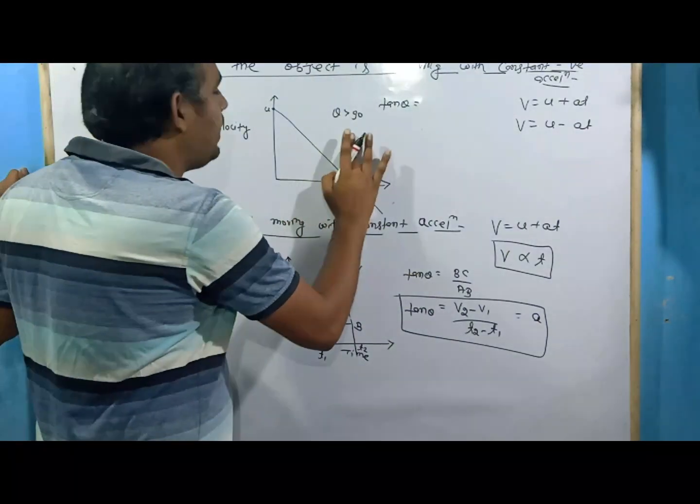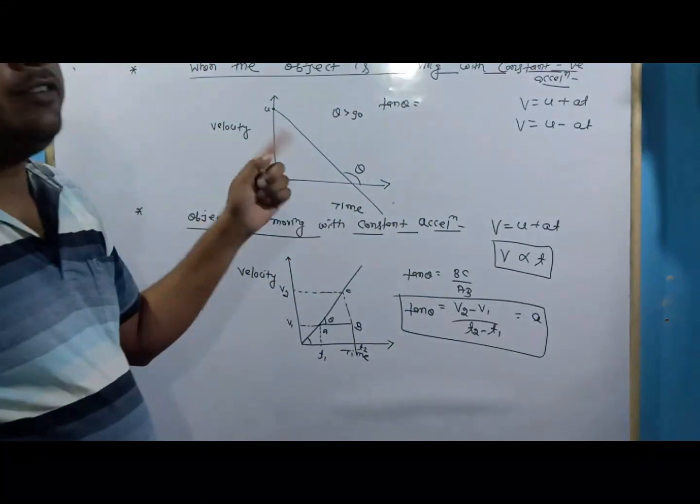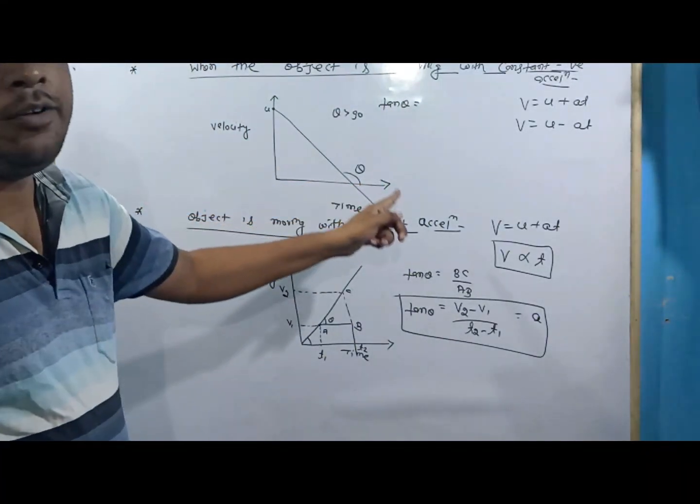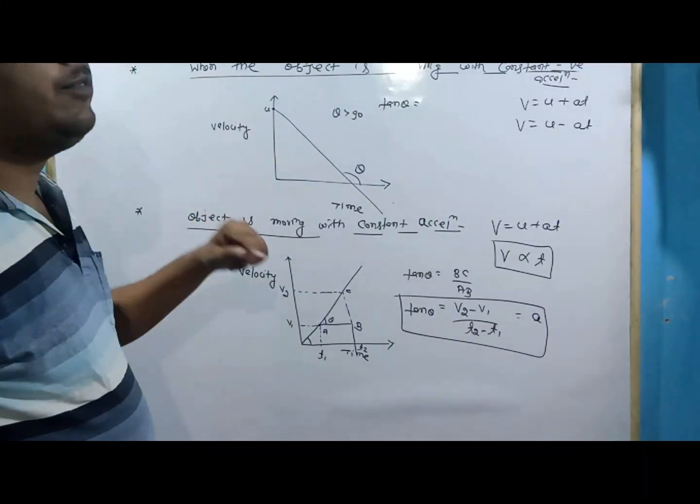So what should be the value of tan theta? Theta is in the second quadrant, only sine is positive, tan is negative, so the value of tan theta is going to be